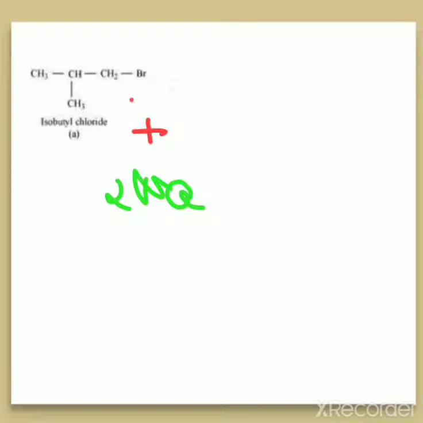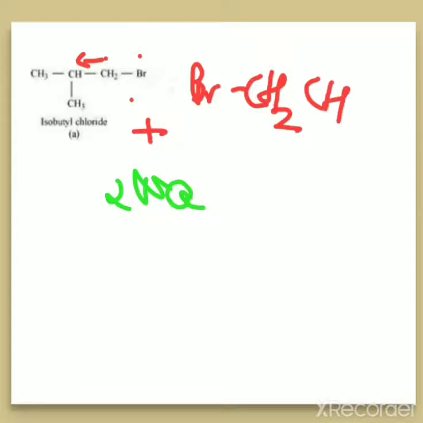So I'm writing this one in the reverse order. Like this, Br, I'm writing this Br here. Then what is next to Br? CH2, next to Br is CH2. Then after CH2, it is CH. Down you can see there is CH3 in the branch, then one CH3. So the same reactant I have written in the reverse order. You can see it is in the reverse order of this one. Why is it written in this way? So that it is easy to frame the product.